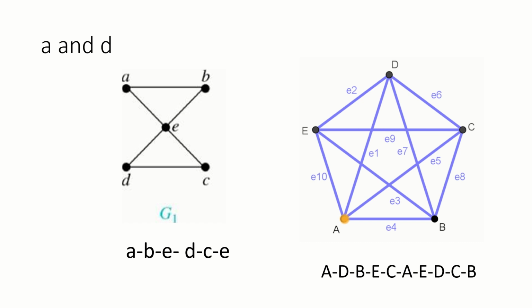Okay, A, B, E, D, C, E, A. So we still have A, so it's a closed path. Okay, and this one we also have A. Okay,